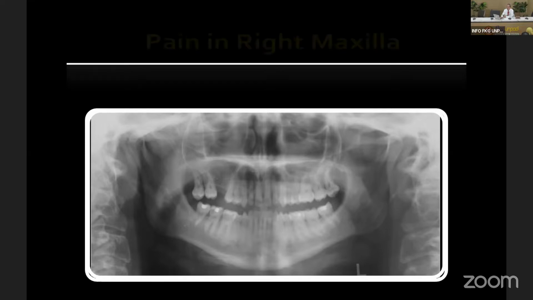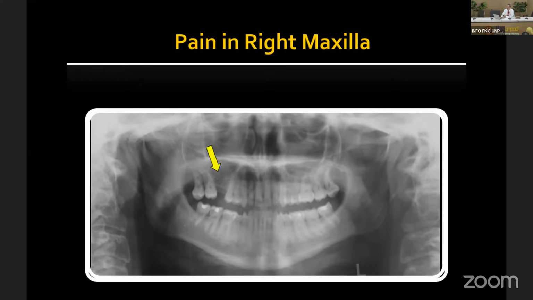So if we go back and look here, if the light is good, you see sort of a permissive change. You see some small tiny radiolucency there, and also the sinus border is not continuous as on the left side. So that's one of the signs, and on the other side there's certainly pronounced vertical bone loss distal to the third molar.